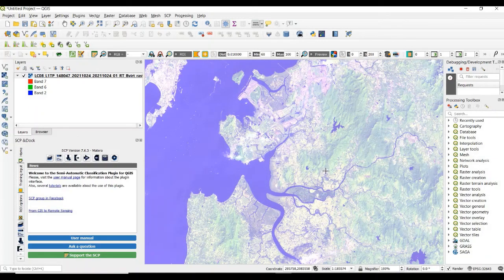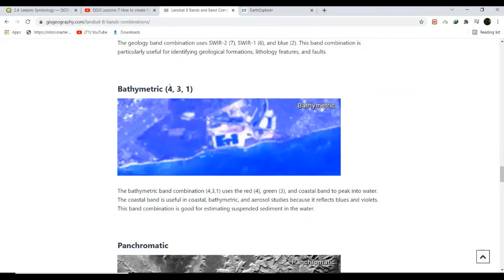These are the coastal regions. Now we are going to use band numbers 4, 3 and 1 for bathymetric application.